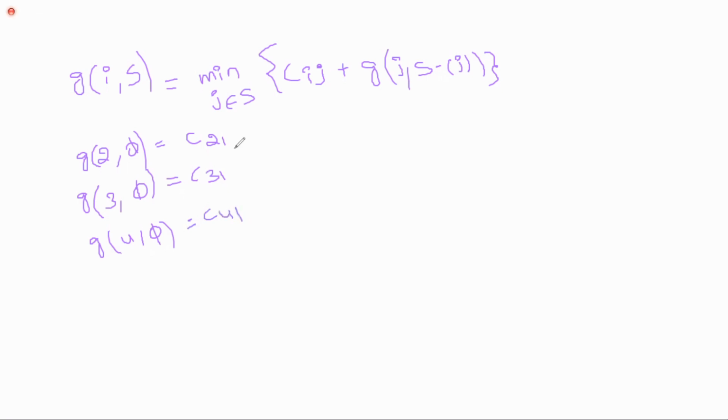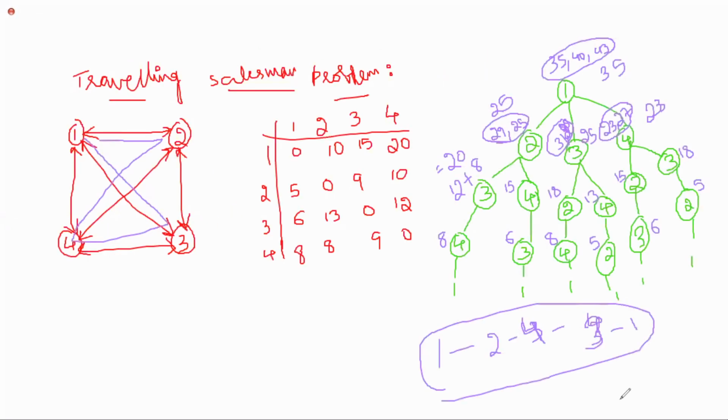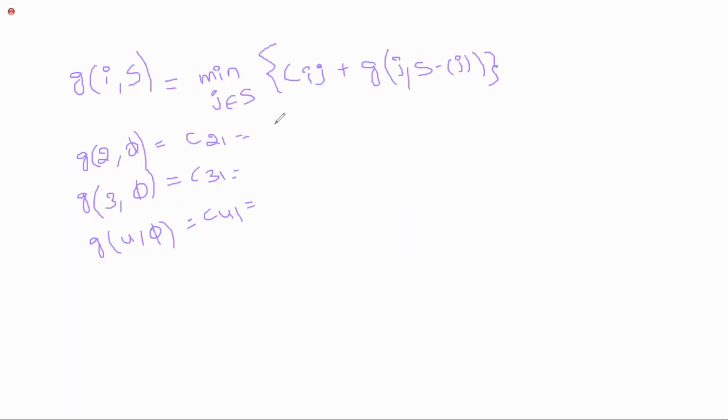What are the values? Tell me first. Did anyone note down that matrix? Ma'am, 2 1 is 5. Okay, very good. 2 1 is 5. 3 1 is 6. 4 1 is 8. Right? Is anybody having confusion here? From 2 to last, 3 to last, 4 to last. Last is nothing but again the source. Am I clear with the step? This is step 1.